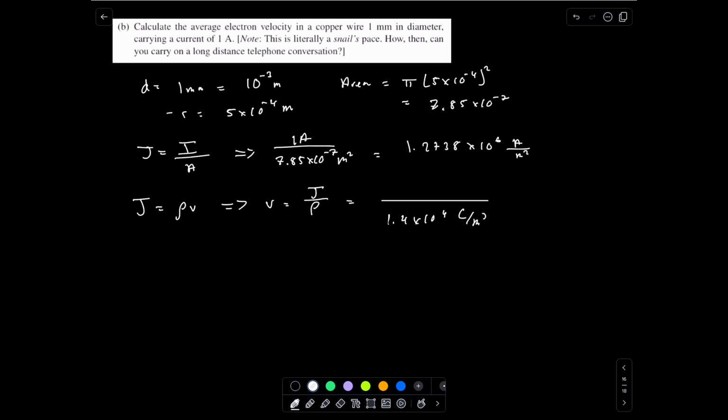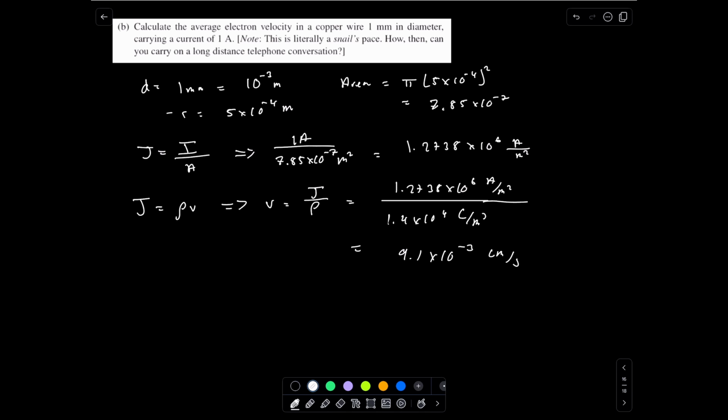And we know our current density, which is 1.2738 times 10 to the 6 amps per meter squared. This will give us a value of 9.1 times 10 to the negative 3 centimeters per second, which in fact